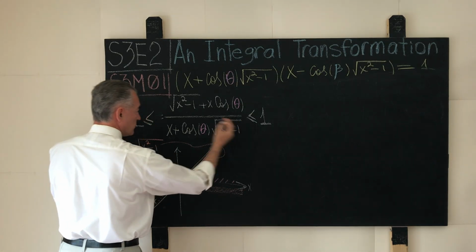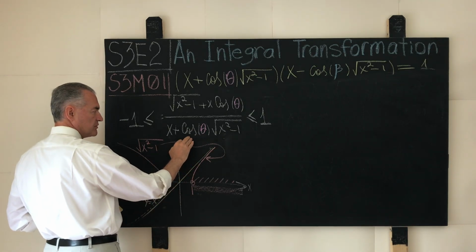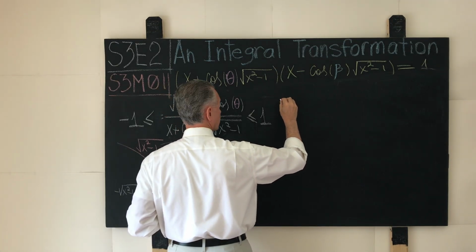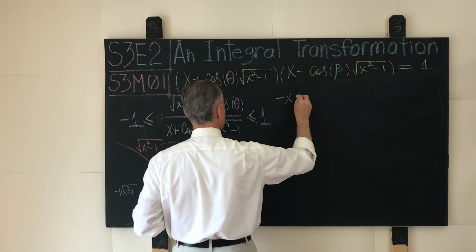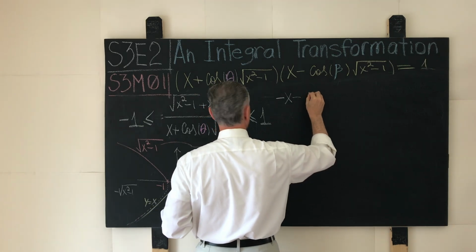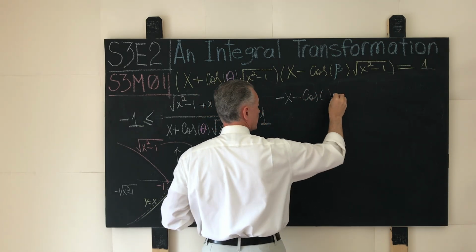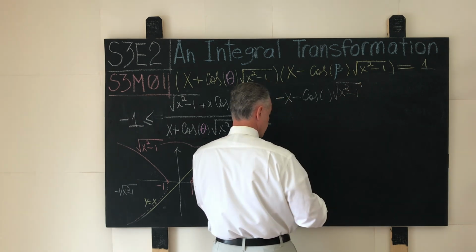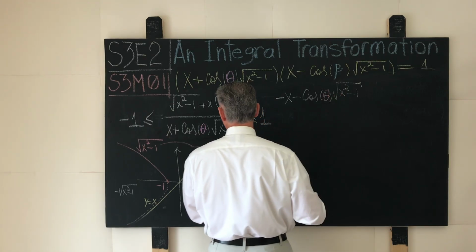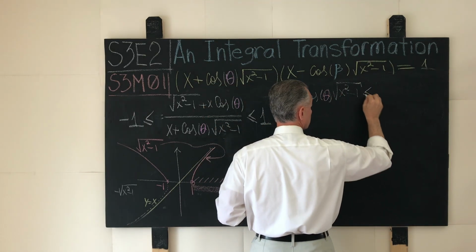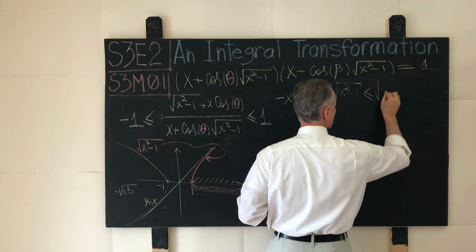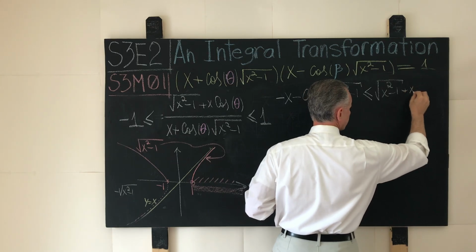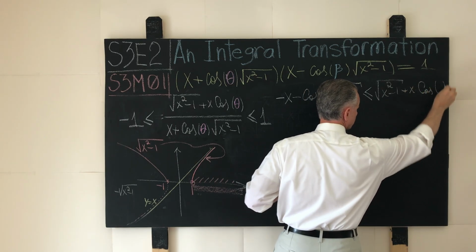We take this inequality, multiply both sides of it by the same strictly positive real number. And what do we have? We have negative x minus cosine of theta times the square root of x squared minus 1. This is the angle theta, which is presumably less than or equal to square root of x squared minus 1 plus x times the cosine of angle